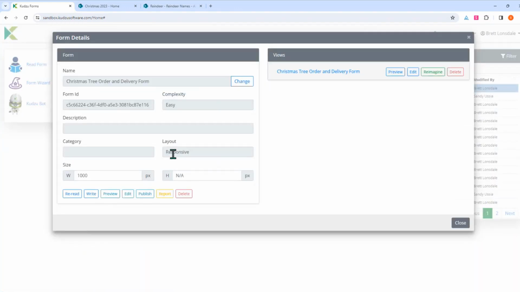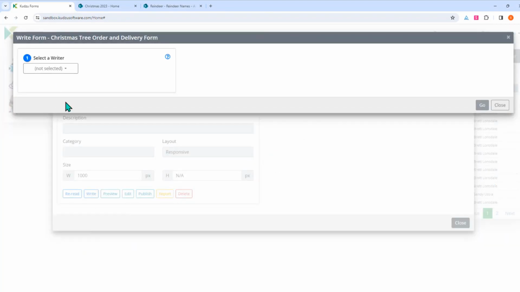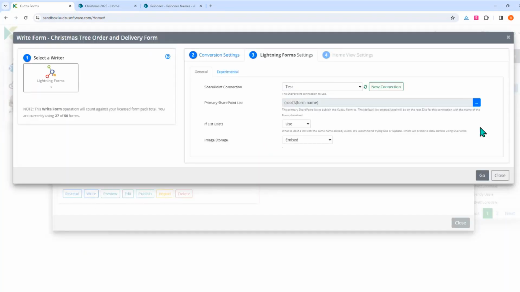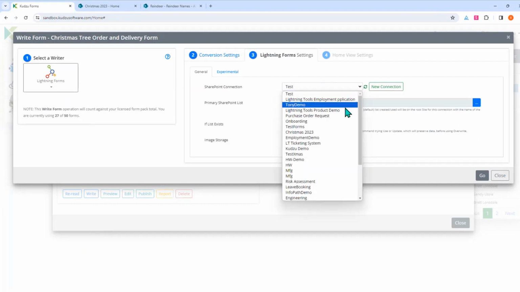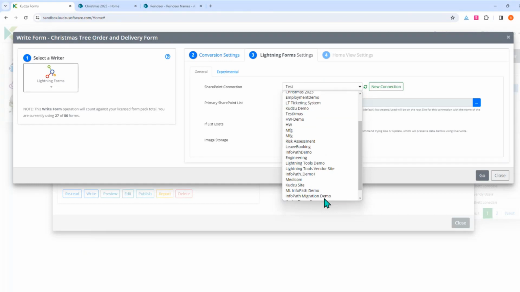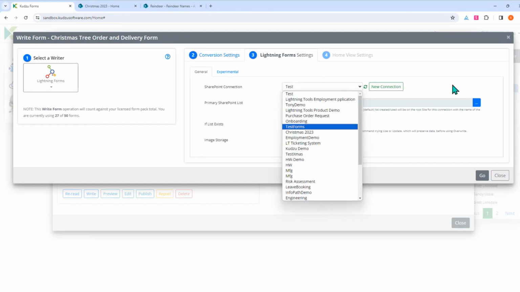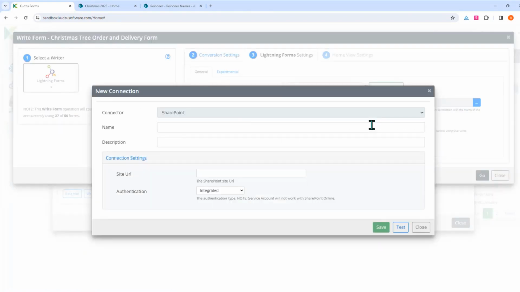So I'm going to write this out, select the writer, which is Lightning Forms, and I'm going to choose a connection. So hopefully my connection from yesterday is still there. If not, we can recreate it. I'll recreate it anyway. I'm just going to hit new connection in here, and I'm going to deploy it to